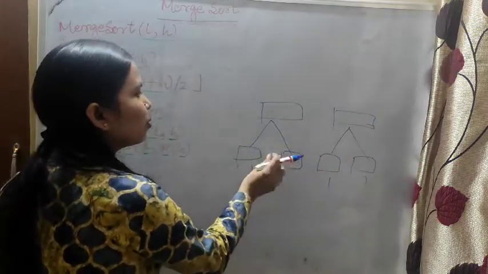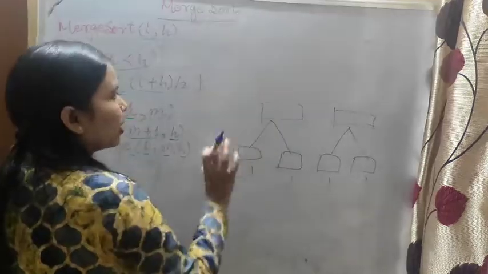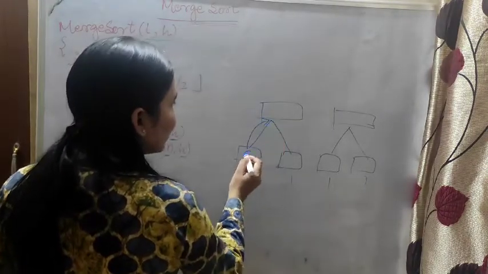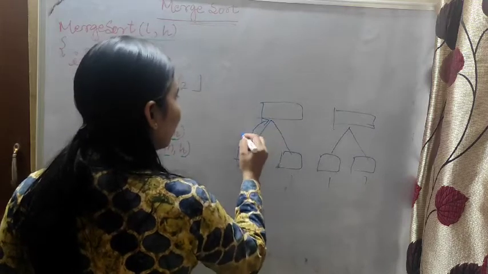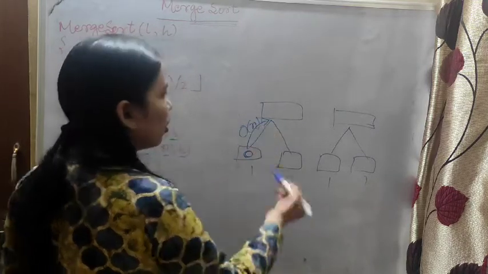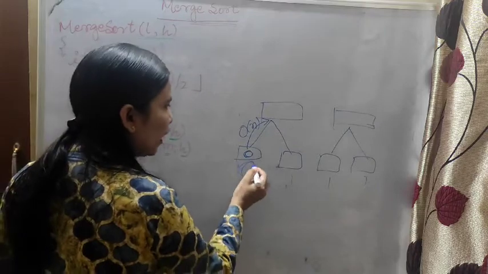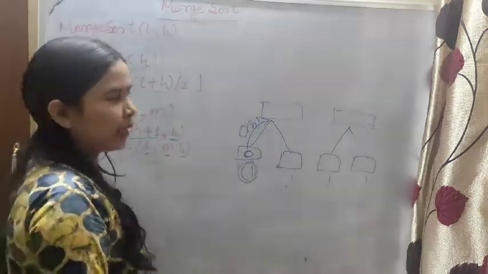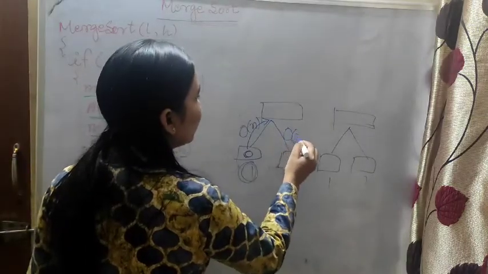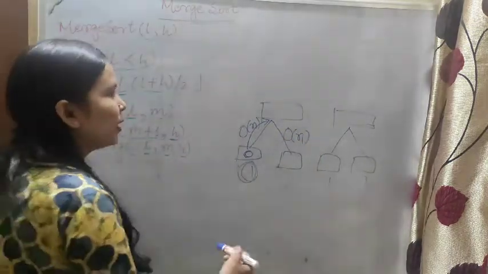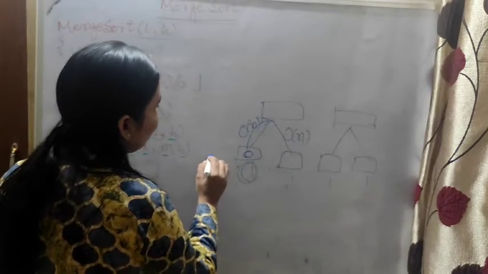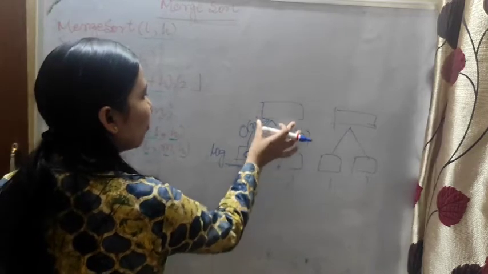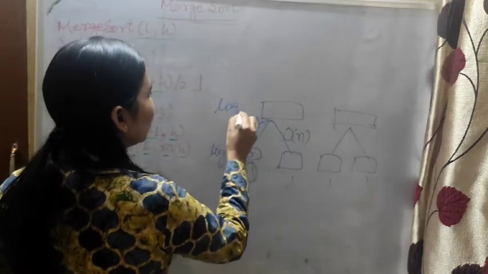Merging means compare, see which one is less, and then sort it and keep it in one place. Whenever we are merging, that means we are shifting this data, so it will take order of n time. If it is one element, that is one time. If n elements are available, that means order of n times. That is why whenever we are splitting this data, order of n time will be taken. And suppose this is the log value. It is the first step, log value. Whenever we are merging this data, it will come as log 2.